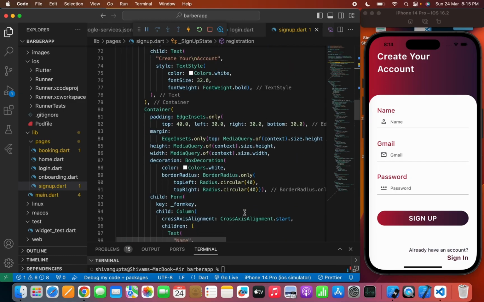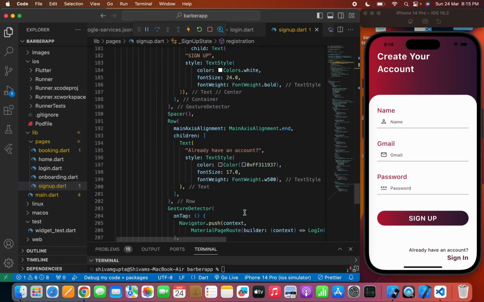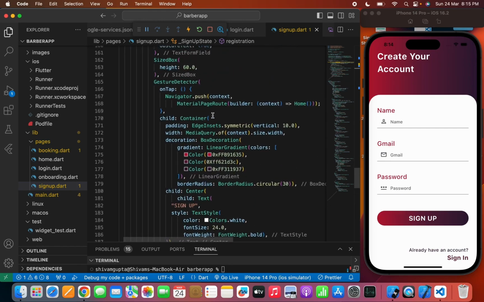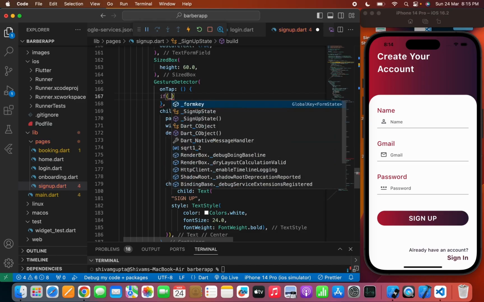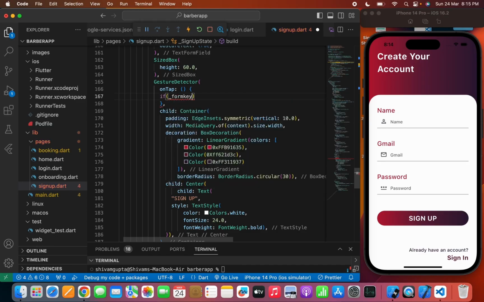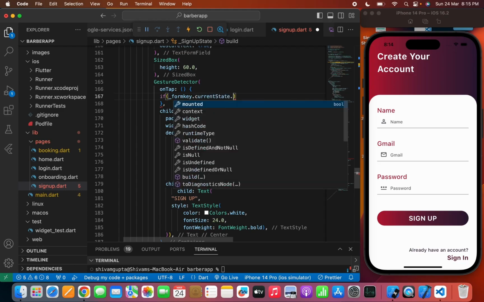Now let's move to the sign up button, and here we are directly pushing the user to the home because we have just created the UI. Now we'll authenticate the user, and Firebase will move the user to the home page. So here comes our validation case. We'll check if the user has entered all the text fields. So I will write formKey.currentState.validate